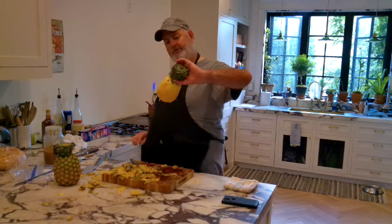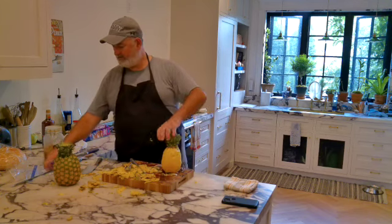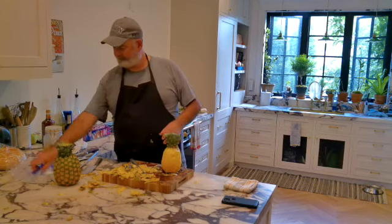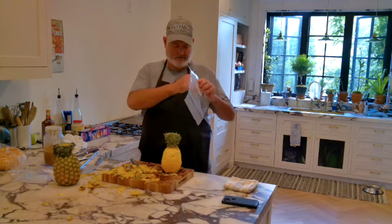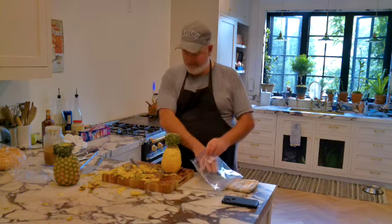Beautiful. Okay, so your pineapple should look like that. Now, easiest way, we're going to marinate these overnight. Easiest way is